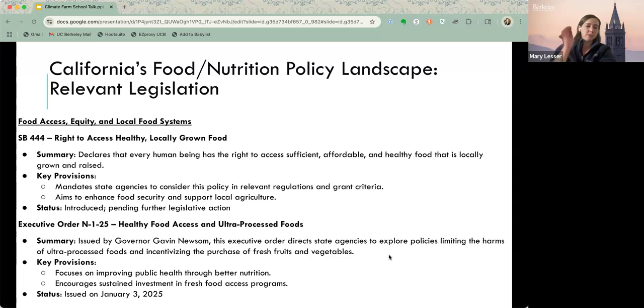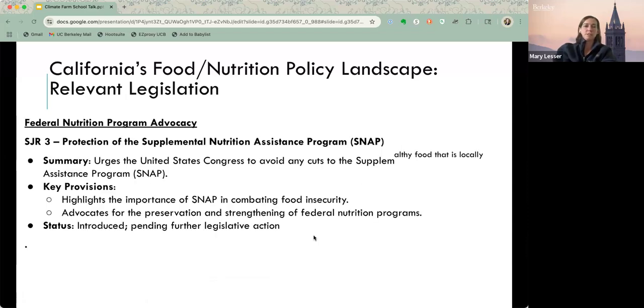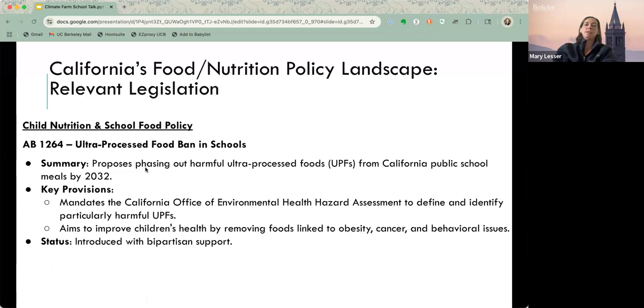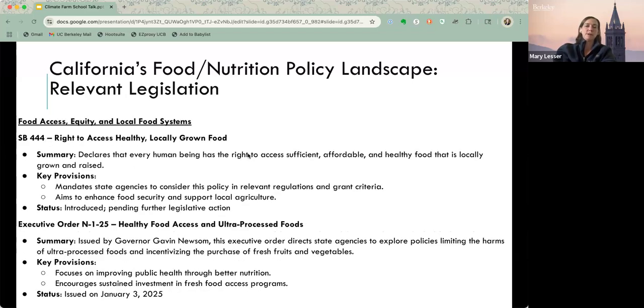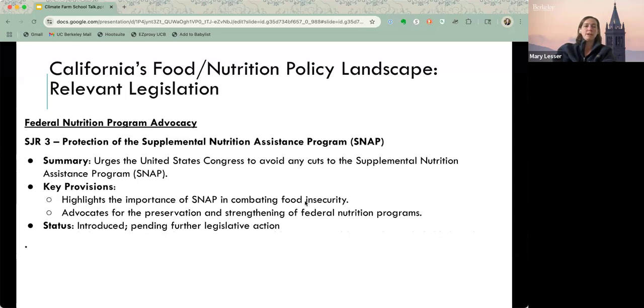And then we did actually have an executive order that the governor issued earlier this year around healthy food access and ultra processed foods, which is likely what this piece of legislation, the AB 1264, stemmed from in response to that. And then finally, we did have a,